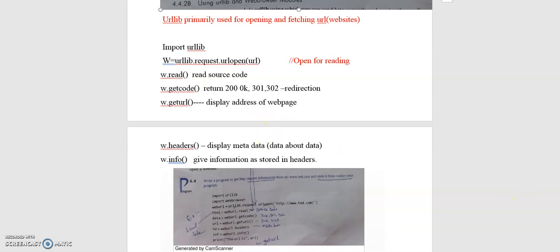Here you are getting the URL of the page or website which was opened. Then headers display the metadata. Metadata means the data about the data.